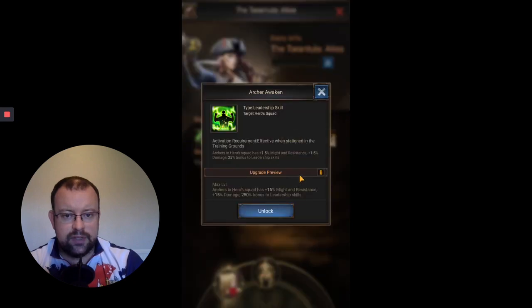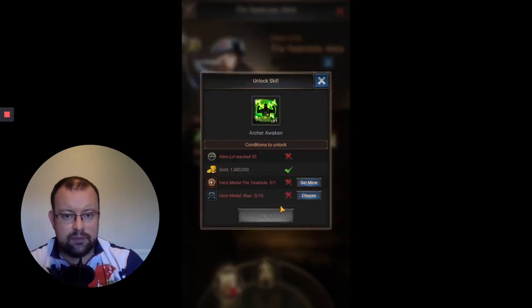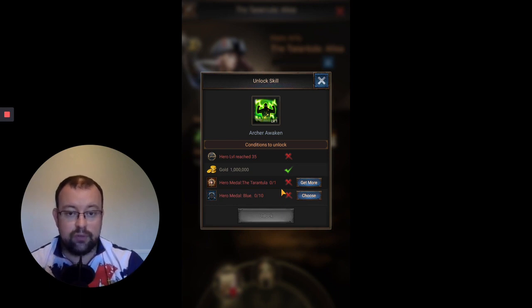On to skill 6. Now, for every hero, whether it's a normal orange combat hero or the season heroes, for skill 6 you will need a duplicate hero medal of that specific hero. So as you can see here for Tarantula, it says hero medal, the Tarantula. So before I can unlock this skill level, I'm going to need to get a duplicate from her, and hopefully